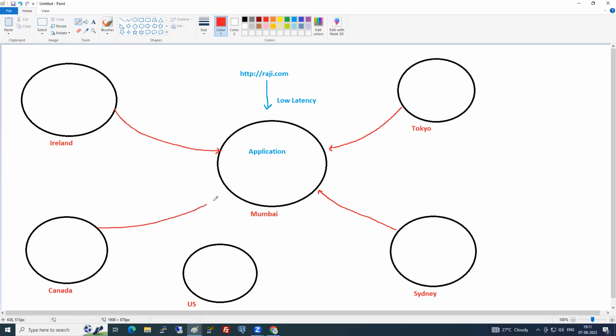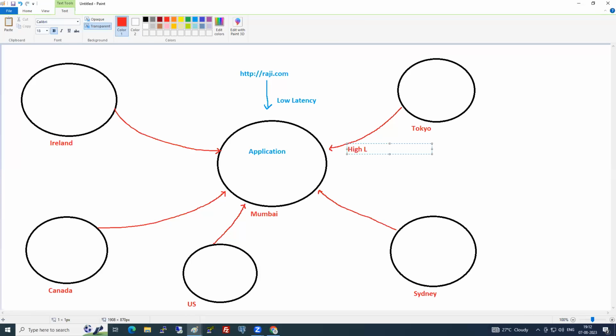Tell me, how do we resolve this issue to have low latency? Excellent, guys. CloudFront. But the problem here is my application is in English.